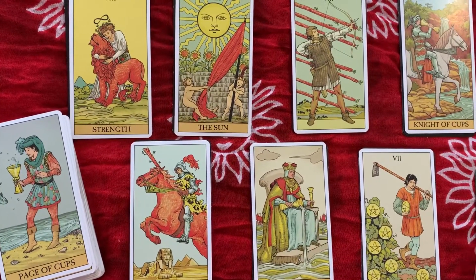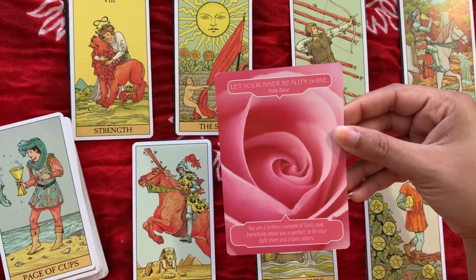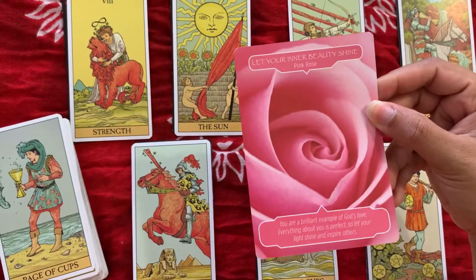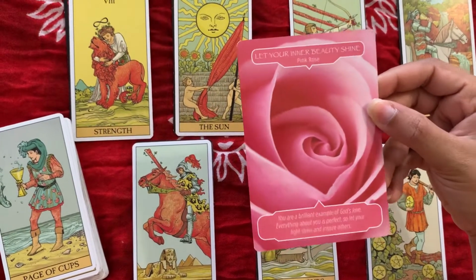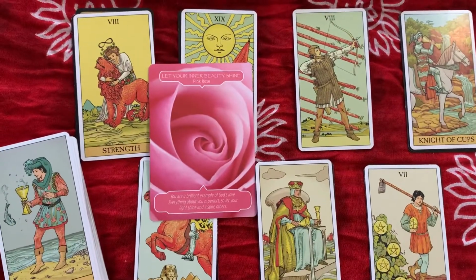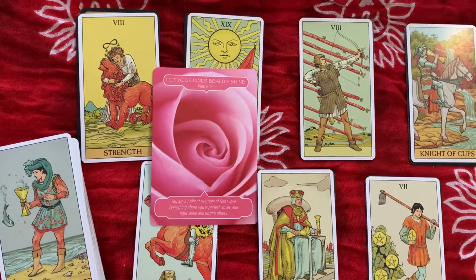Now for your oracle cards, the first card that came up was Let Your Inner Beauty Shine. Okay, it says you are a brilliant example of God's love. Everything about you is perfect, so let your light shine and inspire others. You see how that's just connecting to that sacral energy from the sun shining, being present, being open, being